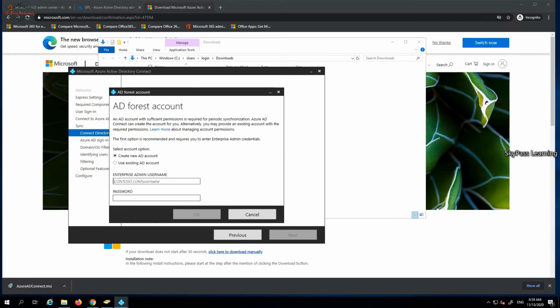It's asking me to add the forest account. So here I need to add my local account information, that is spl.local, and the account that I use for administration. It must have permission on the local Active Directory at enterprise level. So let me enter the password.